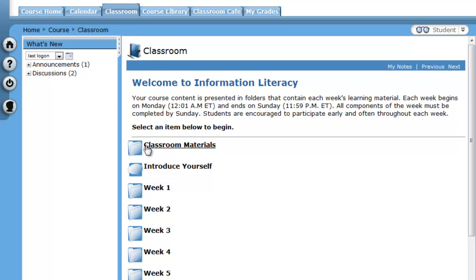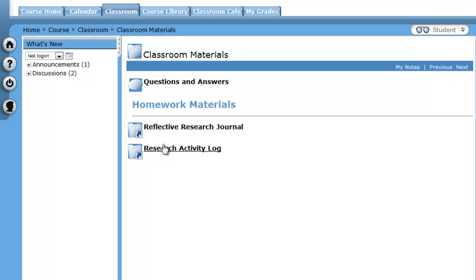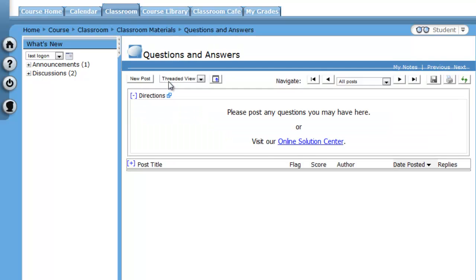Inside this classroom section, there's a link here for classroom materials. This is a very important section because it lets you go in and provide questions and answers. So if you have some specific questions, things you're trying to get resolved, you might want to post it into this section because the instructors do the best they can to access the course multiple times. But let's say that you work odd hours and that you're up at 2 a.m. and you need to get a response for something rather quickly, and the instructor may not be actually logged in at that particular time. So by putting the information in this section, other students can take a look, and they